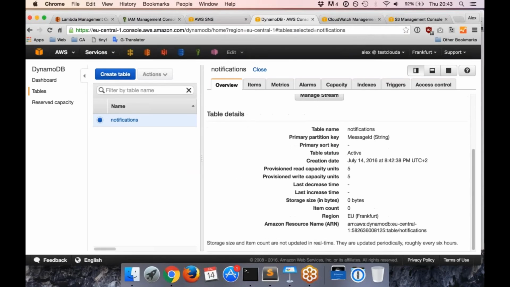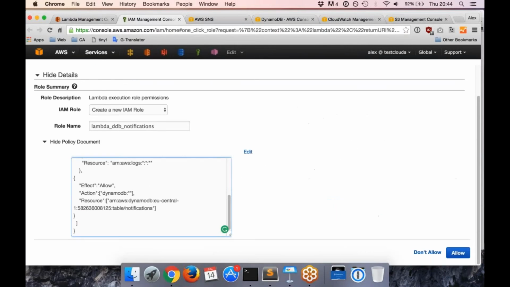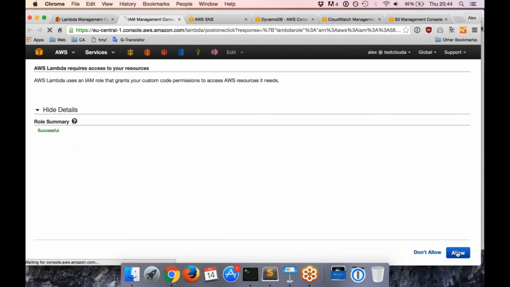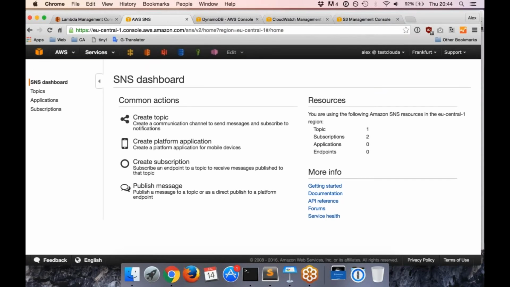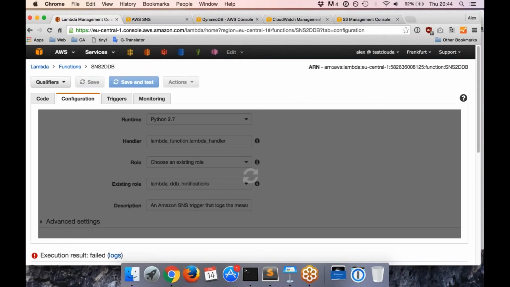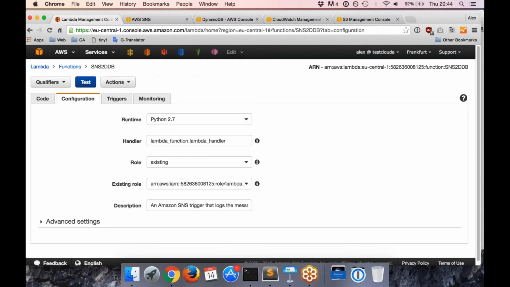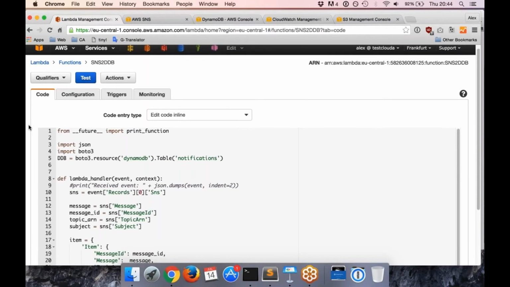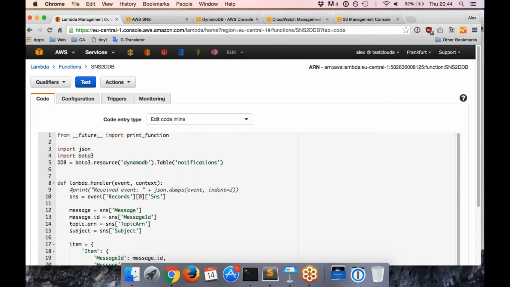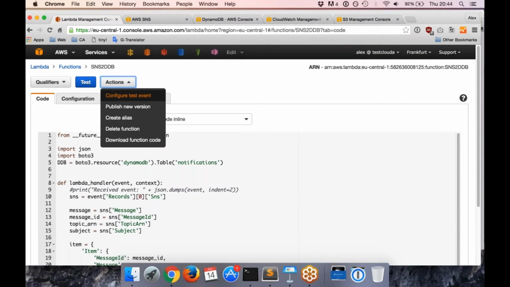So we need the exact ARN. There we go. Let's use the right one. It was right there. Allow. So with this role, our Lambda function will be able to write or read or do anything with our new DynamoDB table. So if IAM is quick enough this time, we should be able to test,